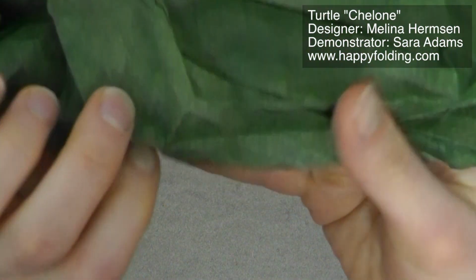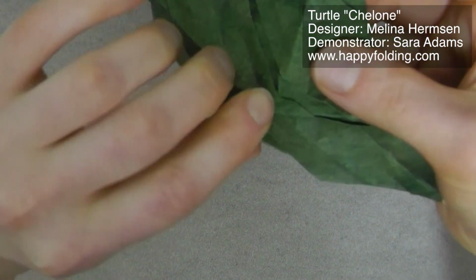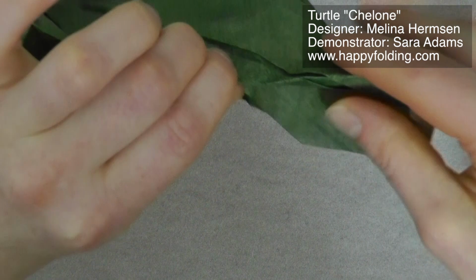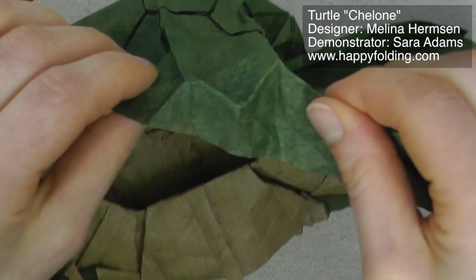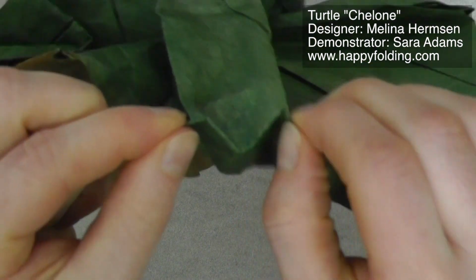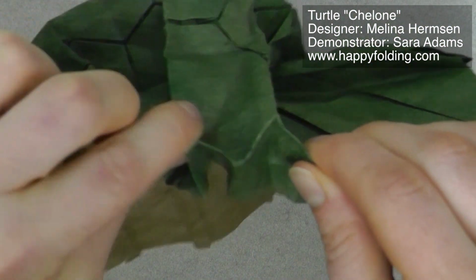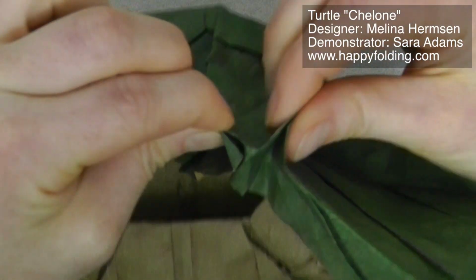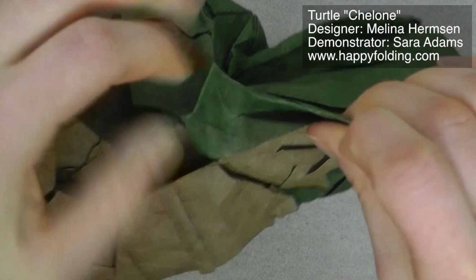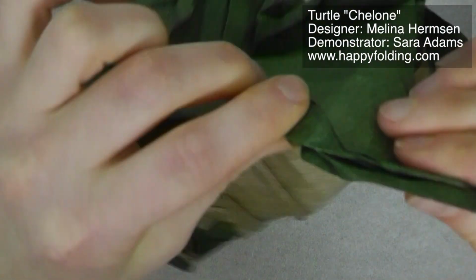And you go all the way to this tip. Then we're going to take this one right here, and with these 3 mountain folds in place, you're just going to press this together, fold this up, like that,